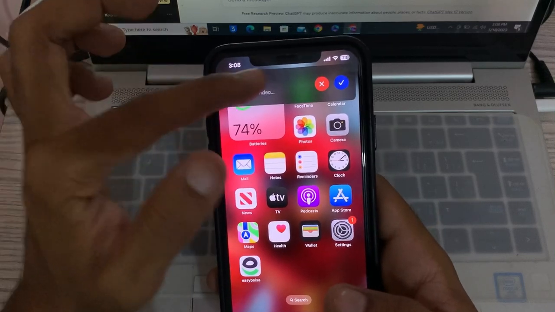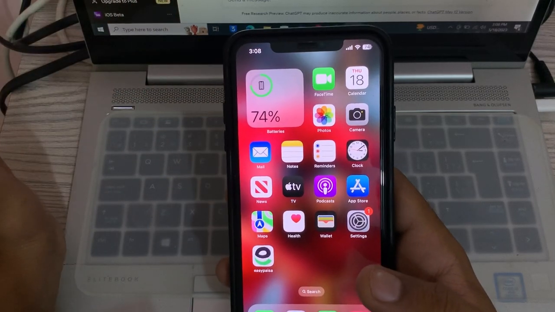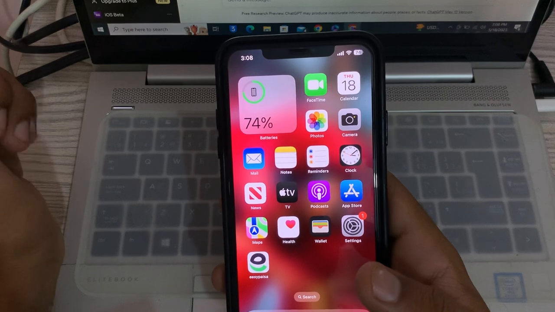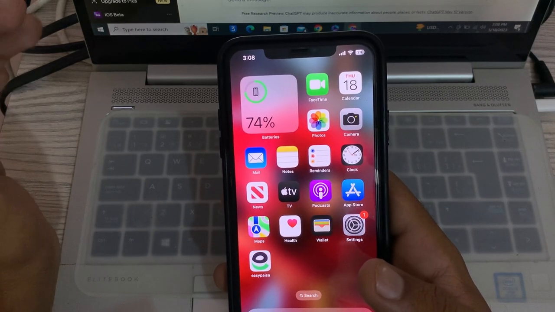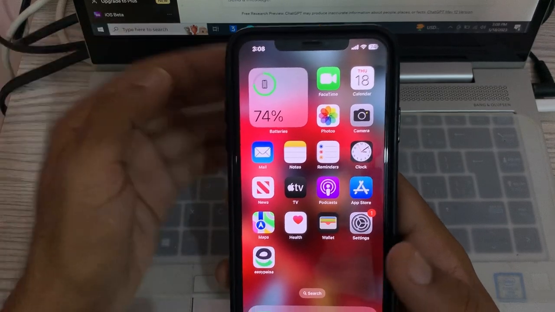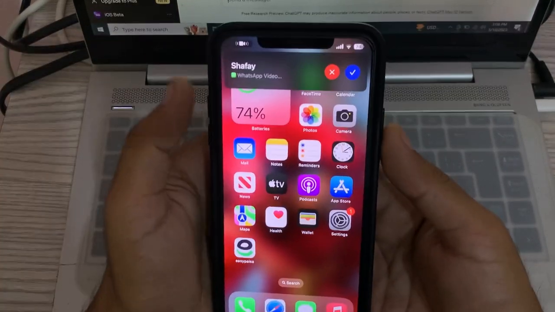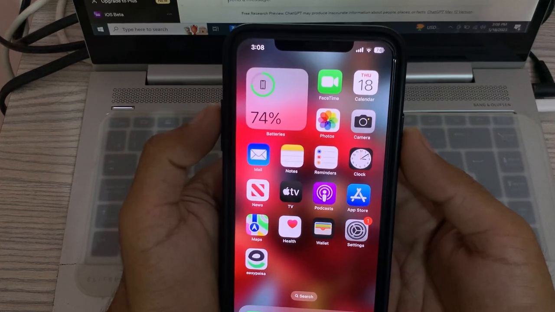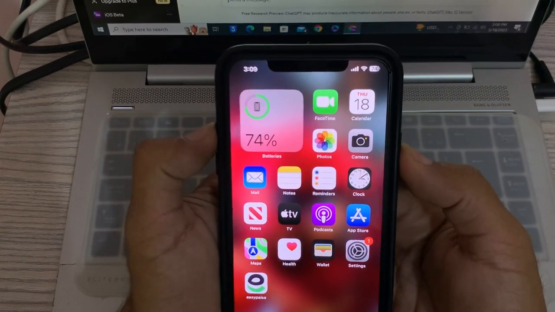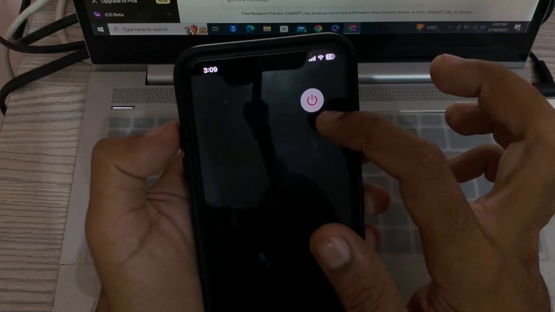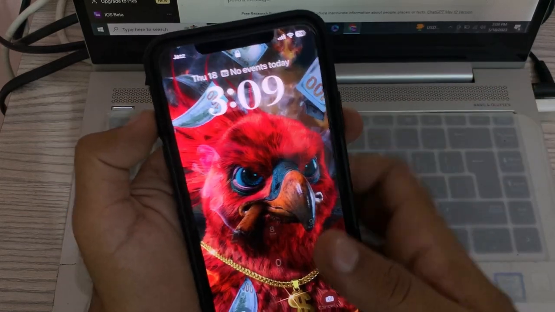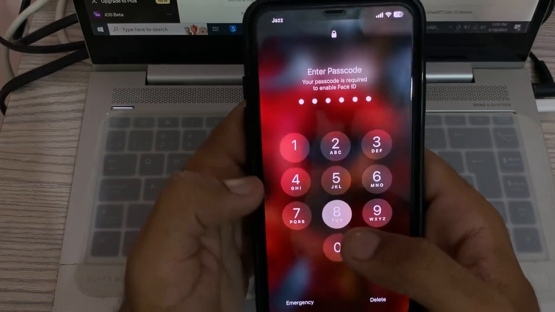So guys, first of all, restart your iPhone. A simple restart can sometimes resolve temporary software glitches that may be causing excessive battery drain. So for the restart, tap and hold the power button and the volume up button at the same time. Drag the slider to the right to power off your iPhone. After restarting your iPhone, open the lock screen and